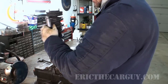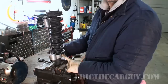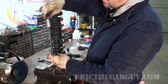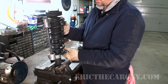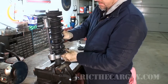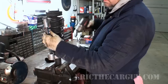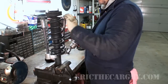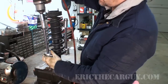And my spring compressor setup is, well, it could be better. But instead of trying to grab a coil, I'm actually going to go up underneath the strut right here, because all I'm looking to do is remove this top portion. And I want to try to get as many coils as possible and grab here, because I don't want to interfere with these tabs when I'm coming down in with the...